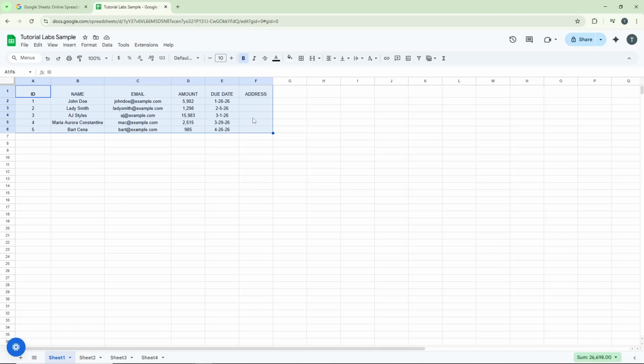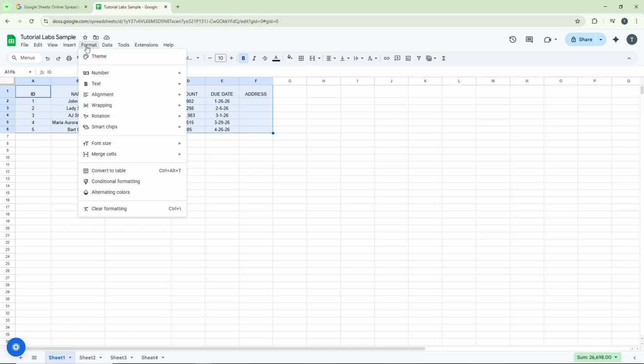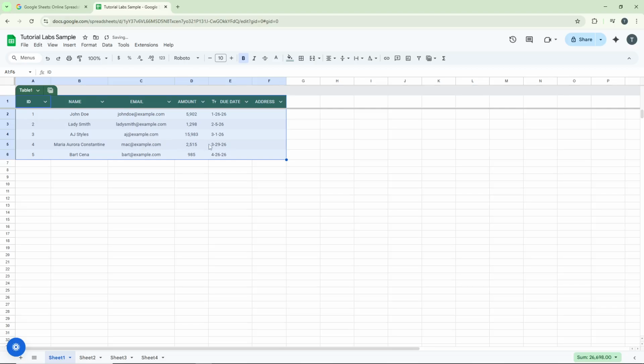any rows or columns. With your data highlighted, direct your attention to the top menu bar, click on Format, which will open a drop-down menu with various formatting options available for your spreadsheet. From this menu, locate and click on Convert to Table. This action is what transforms your selected data range into a structured table format, giving it enhanced functionality and a